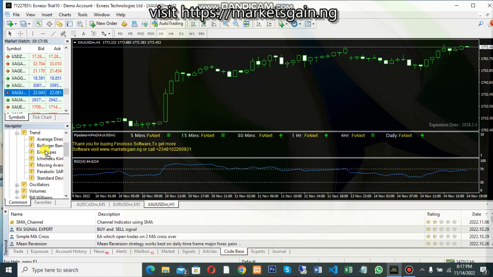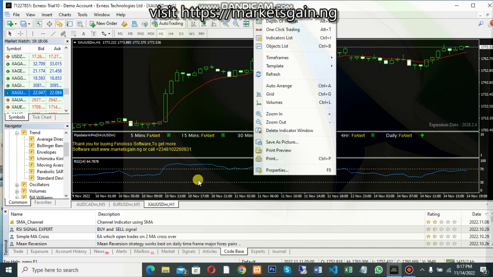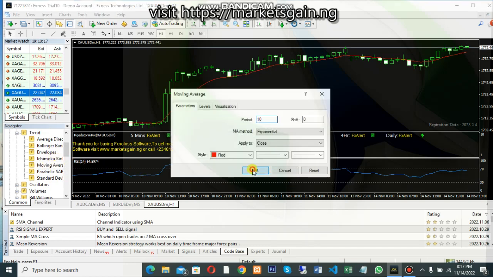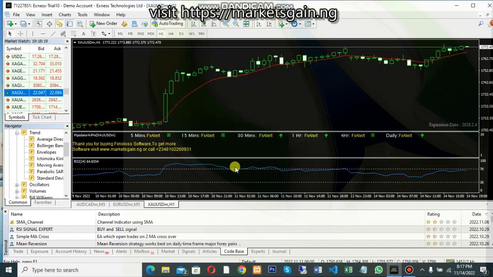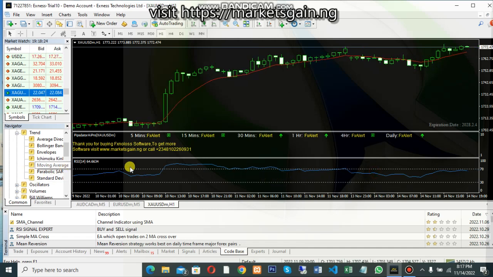I need to give you some explanation here. So let's just try it again. Moving average, you should be able to install in this place. Wow, it is not installing here. Perhaps maybe the server or whatever, but you can do it also on your phone. It's very important. But the other thing is, if you are not using moving average, let's try